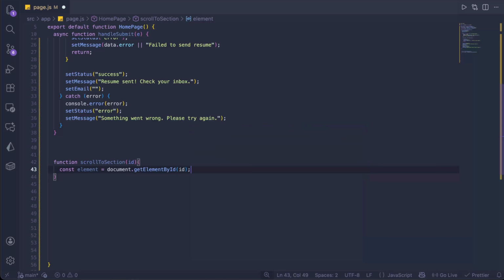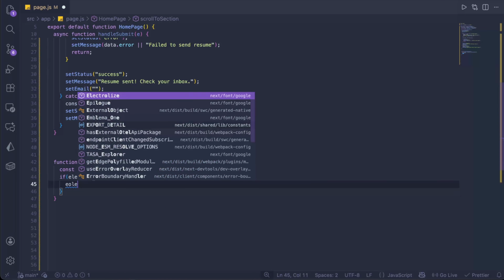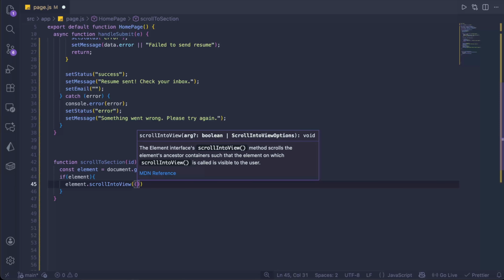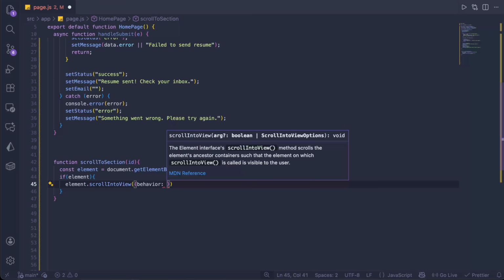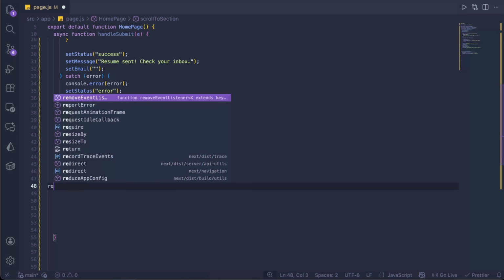We're going to pass in that ID. So we're going to say if element, element.scrollIntoView, and it's going to be behavior smooth. Cool. So what this is basically saying is if we grab the element by ID, so if we get that ID and it's selected, so if we click on that element, we want to scroll that element into view via a smooth scroll. So that's practically it. So now we can actually start seeing what we want to code out. So we're going to say return,